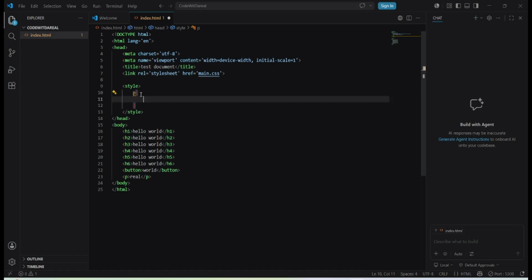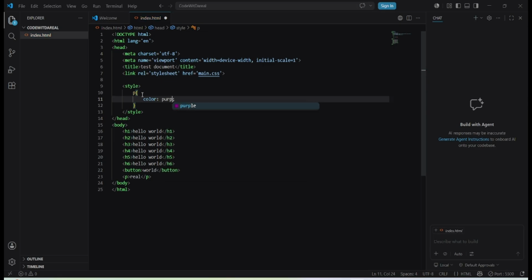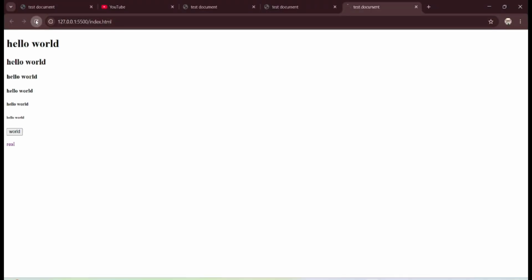Now inside that brace, I'm going to type, let's say, color, and I'm going to change it to, let's say, purple. I save, Control S, and when I go to my Chrome and I reload it, okay, there you can see "real" is now purple,